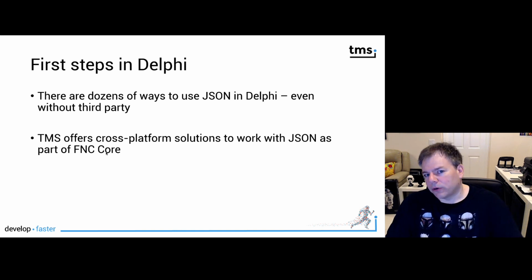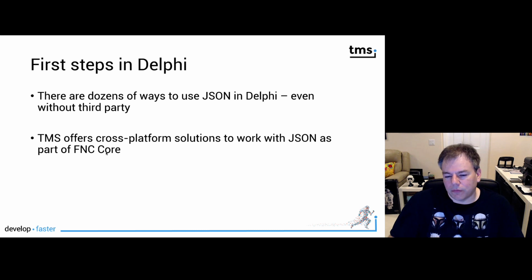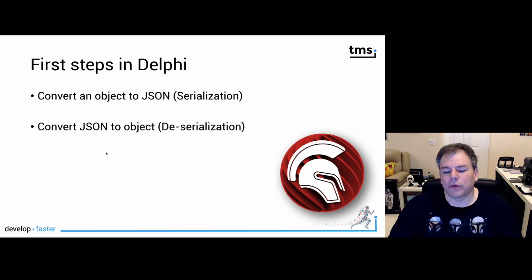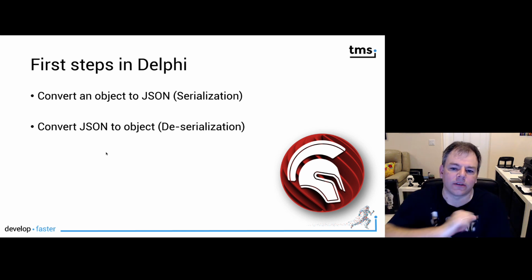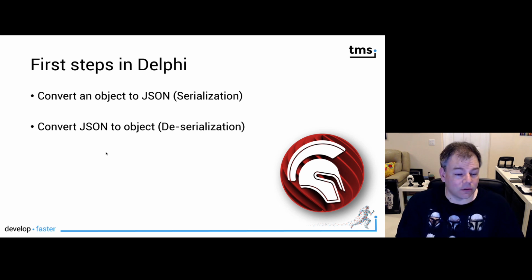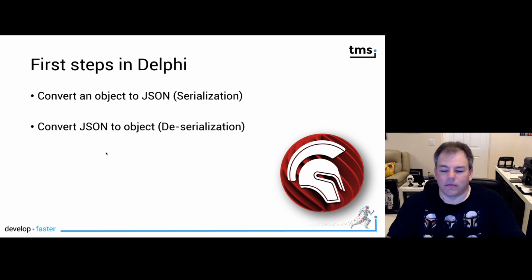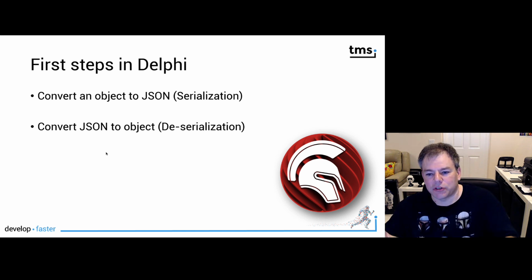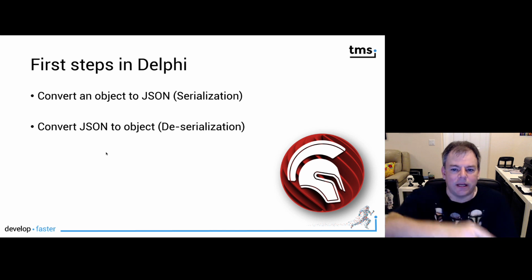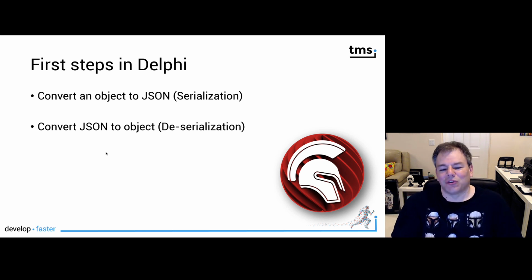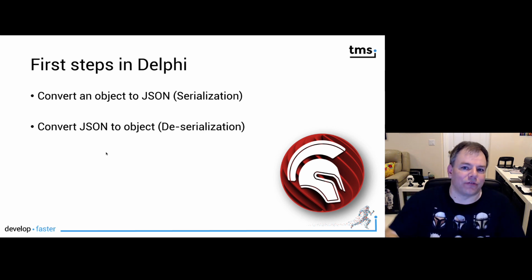And the first step that I'm going to show here is completely part of Embarcadero Delphi. The process of converting an object to JSON is called serialization. And the other way around, you call it deserialization. So if some fancy developer asks, how can you deserialize this content into an object? Well, it means you take a JSON or any other string representation and deserialize it to create the object again that has been used to create the other side using serialization. That's it. There's no magic behind it. It's just one operation and the inversion of that operation.